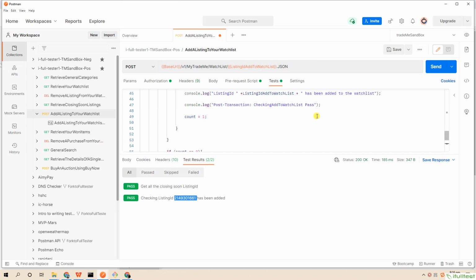Then we could further involve our previous script, remove a listing from your watch list to make the watch list related process more complete transaction combinations. How to code the script? Please refer to my previous video.